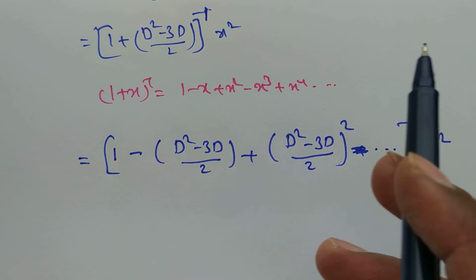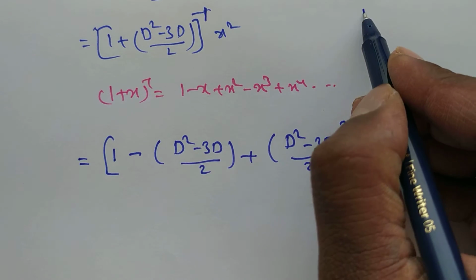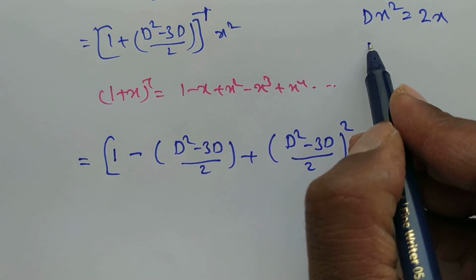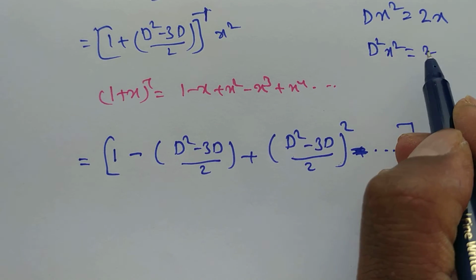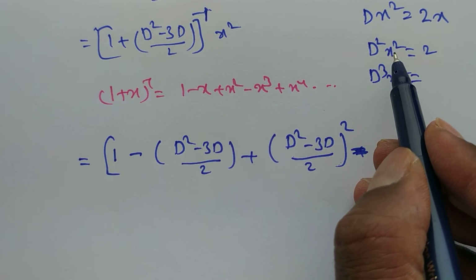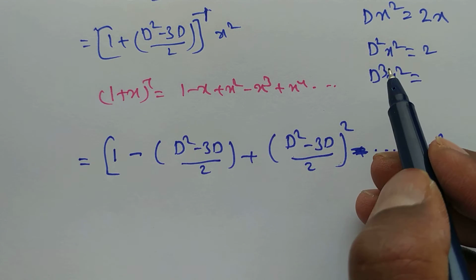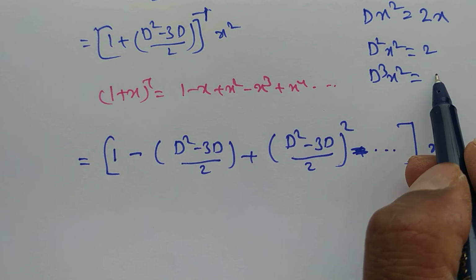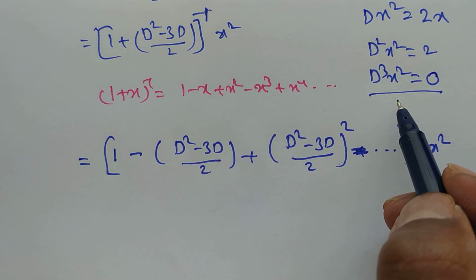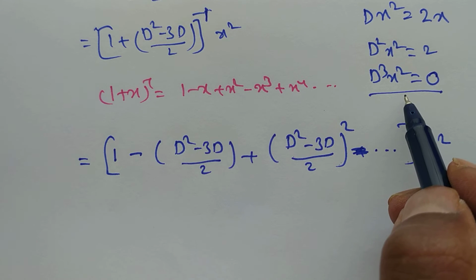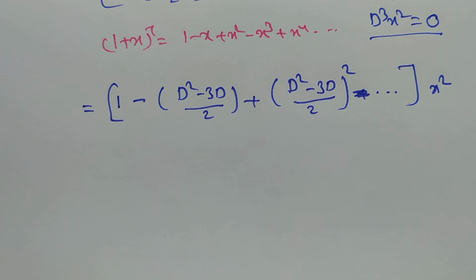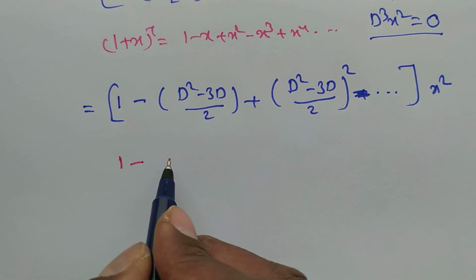For example, you see, derivative of x square. Tell me, what is the derivative of x square? 2x. Next, d square of x square is 2. Now go for d cube of x square. I am differentiating x square with higher derivative. Then what am I getting? 0. So the remaining higher order derivatives will become 0 only. Okay. So in this case, first you can write this as 1 minus 1 by 2